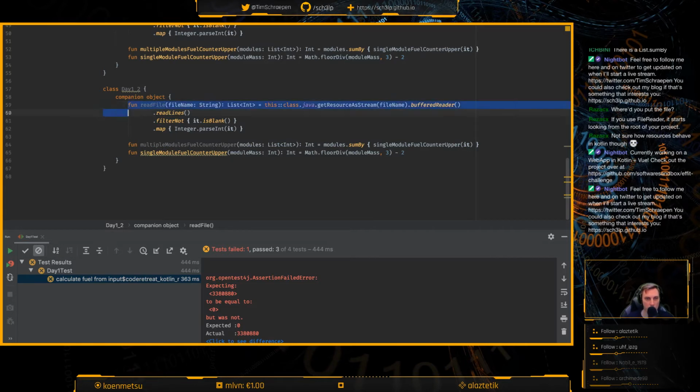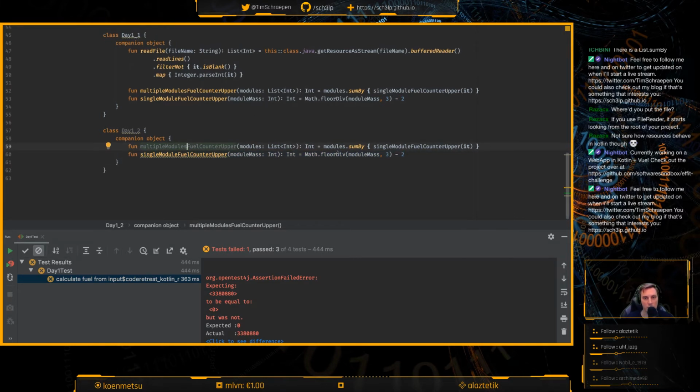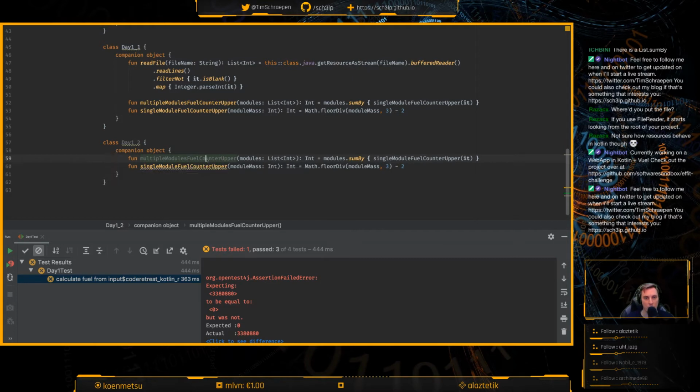Yeah, we don't need this anymore because that'll be just the same. I don't think we need this either, or well, let's just keep it together, I guess. And then this should no longer just return an integer anymore, but it should return something that says this is the module and